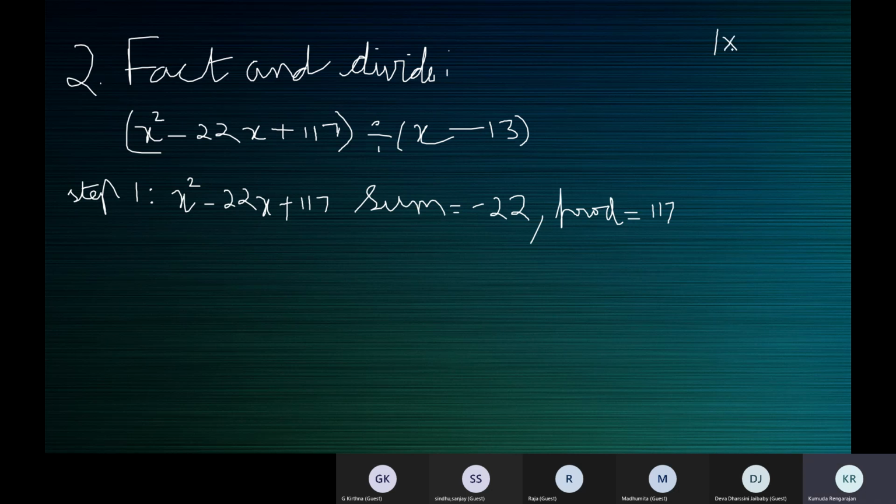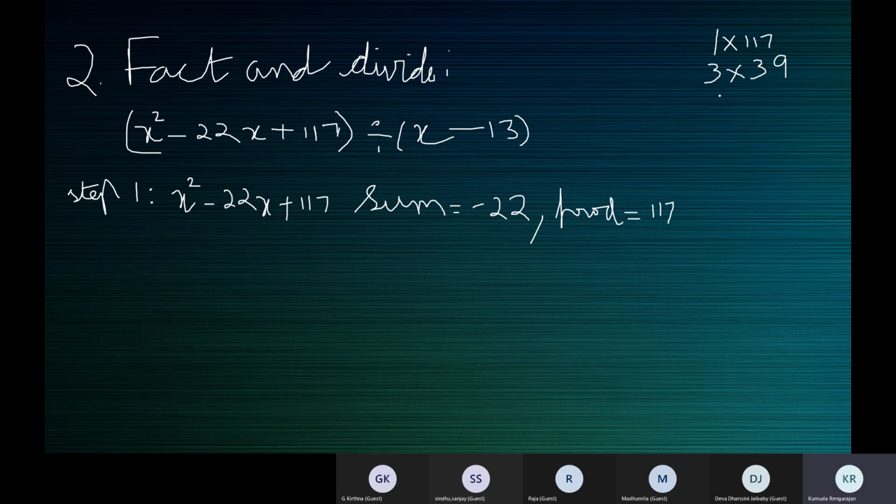1 into 117 is 117. Not divisible by 2, not divisible by 3... 7 plus 1, 8. Yeah, it is divisible by 3. 3 into 39 is 117, ma'am. It's divisible by 3 because the sum of the digits 7 plus 1 is 8, 8 plus 1 is 9. So it's divisible by 3. 3 into 39. It's not divisible by 4, not divisible by 5, 6, no, 7, no,